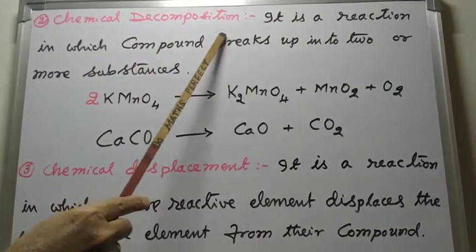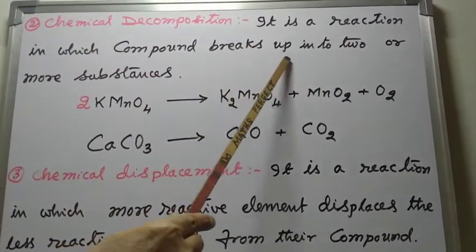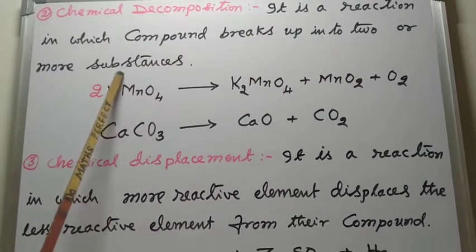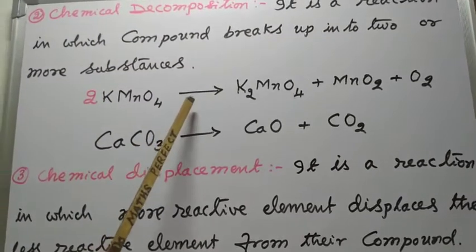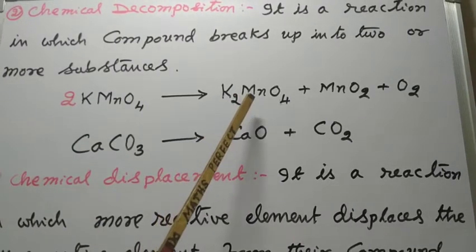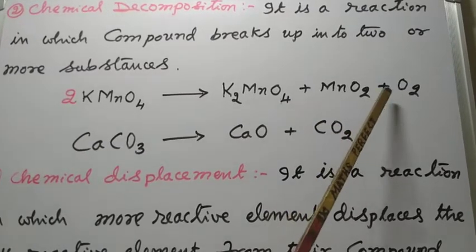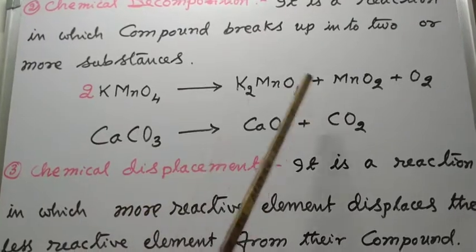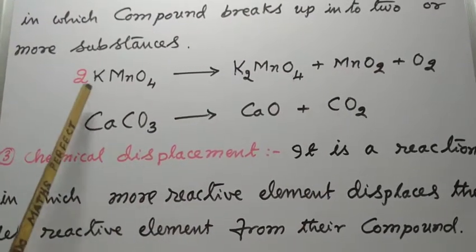Chemical decomposition. It is a reaction in which a compound breaks up into two or more substances. For example, this is potassium permanganate. On heating, it decomposes to form potassium manganate plus manganese dioxide plus oxygen. For convenience, I have done balancing chemical equations. For example,